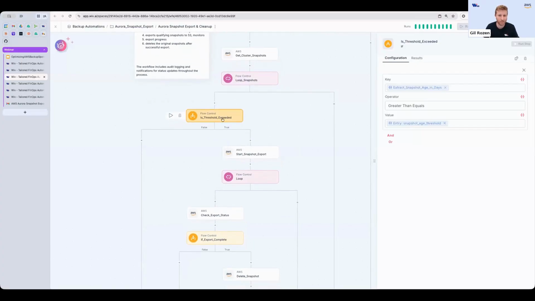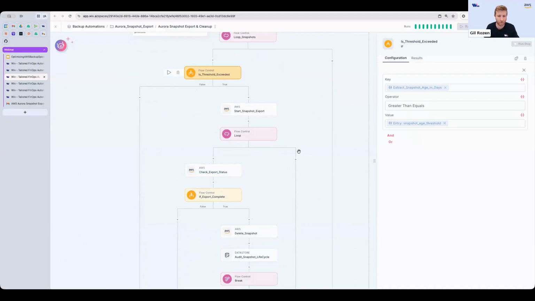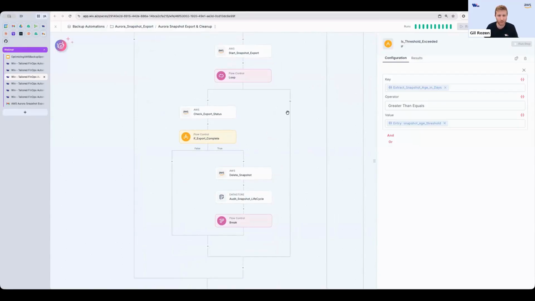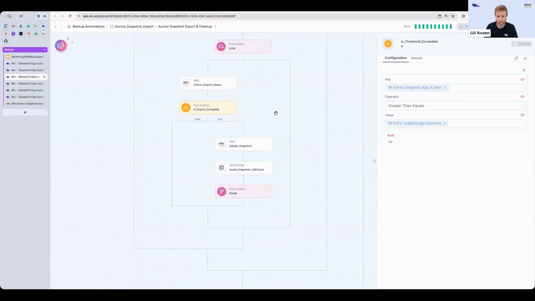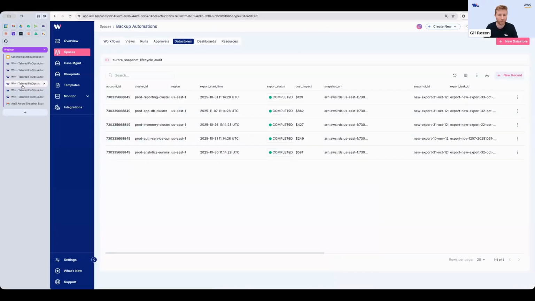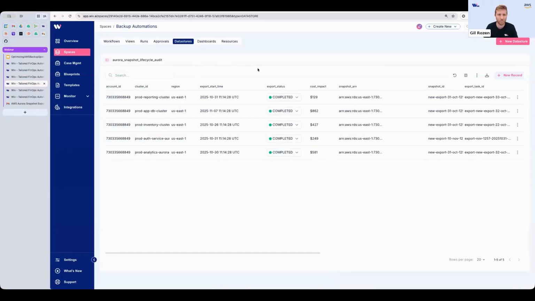Once this threshold is exceeded, the workflow starts and the snapshot export is activated. And once we check that the export status is completed, the snapshot is deleted. And we audit everything. So you could see that any export that was done would be audited in here.